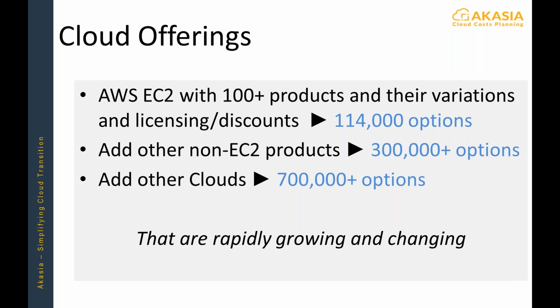So, just to give you a perspective, when it comes to offerings and different kinds of products, there are millions of choices available out there. In EC2 itself, there are 100+ products of different varieties. Once you consider the type of licensing and the type of purchase options, you're talking about 100,000+ options. And when you add other clouds to consider as well, the options multiply, and you have to choose among millions, and that can be very complicated.